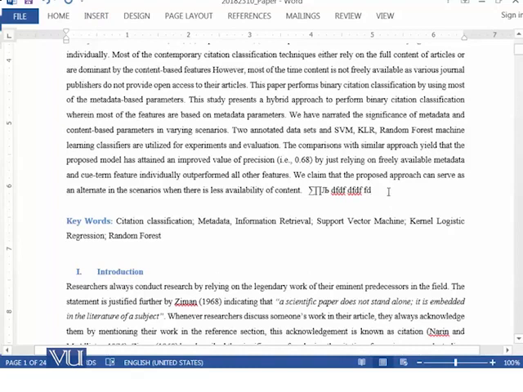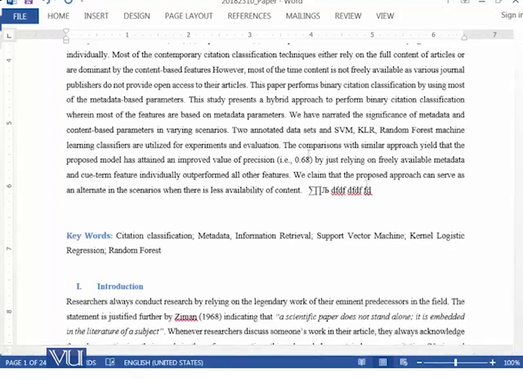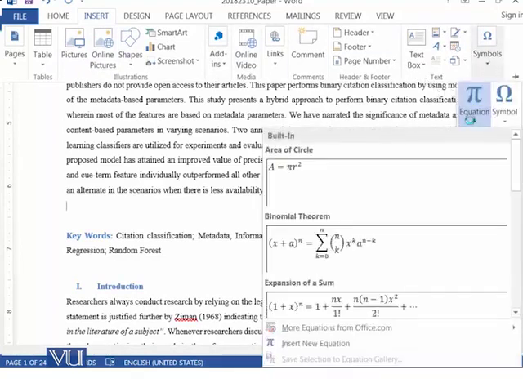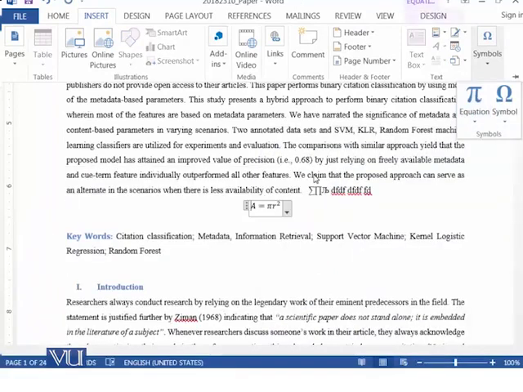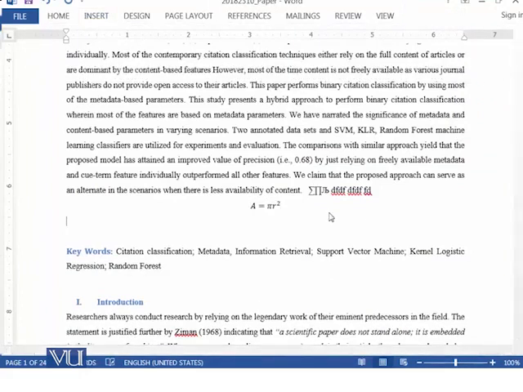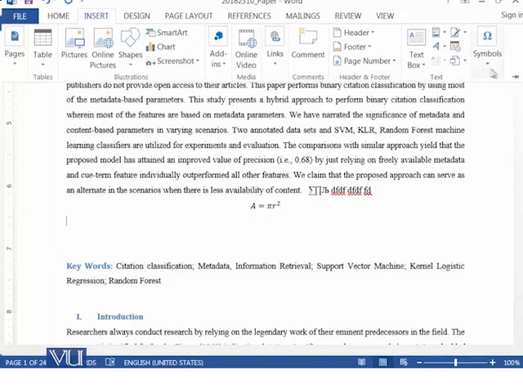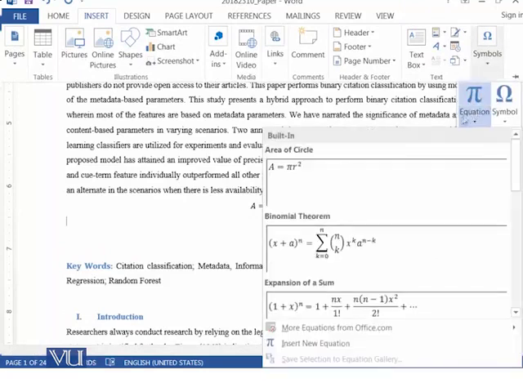And then the last thing is the equation. Whenever you are going to write any mathematical equation, you need to go over here and select this tab, and then there are some pre-written equations which you can add. For example, you can add this equation. You can see that the equation has been added in your document and will be nicely written. If you want to add another equation, again go to insert, symbol, equation,